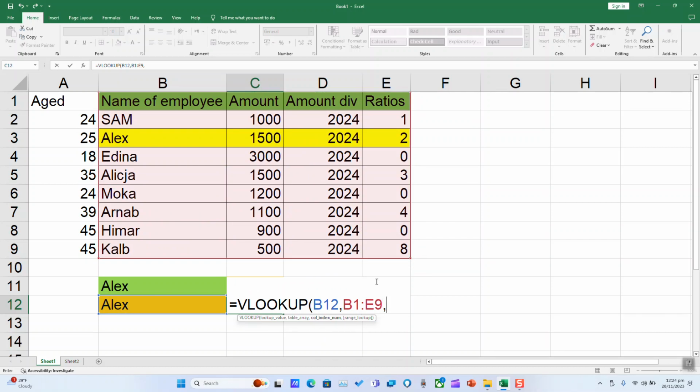comma. What we want, if we want only amount, we can here put 2 because we count from the selection starting from 1, 2. If we want the amount division, we are going to put 3. If we want the ratio, we are going to put 4. Selection is number 4, 1, 2, 3, 4. Next step, another comma, and as we want an exact match, we're going to type false, closing parenthesis, and hit